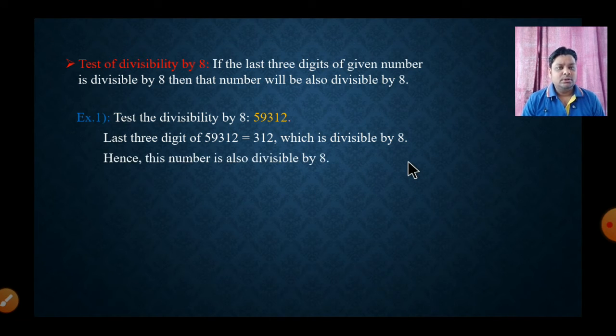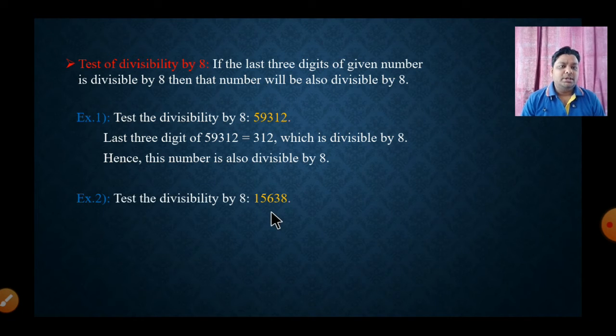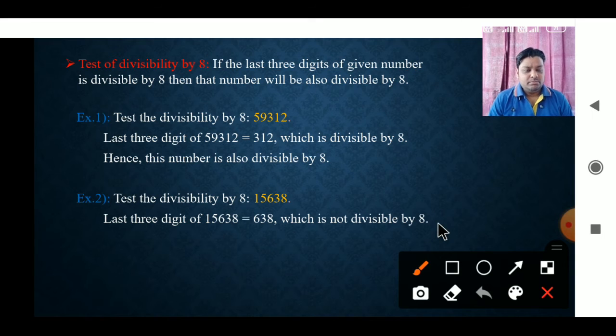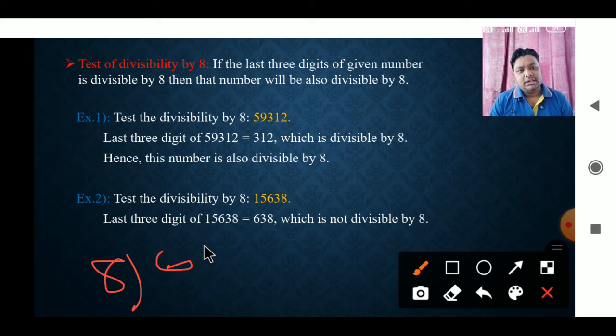Okay, let's see one more example here. Now the number is 15638. So again we can see the last three digits, which are what? 638. Now it is clearly written that it is not divisible. Let's check again. So if we check whether 638 is divisible by 8 or not, then